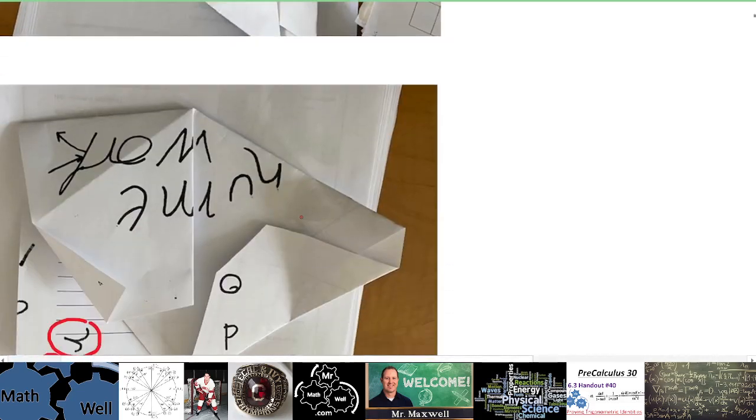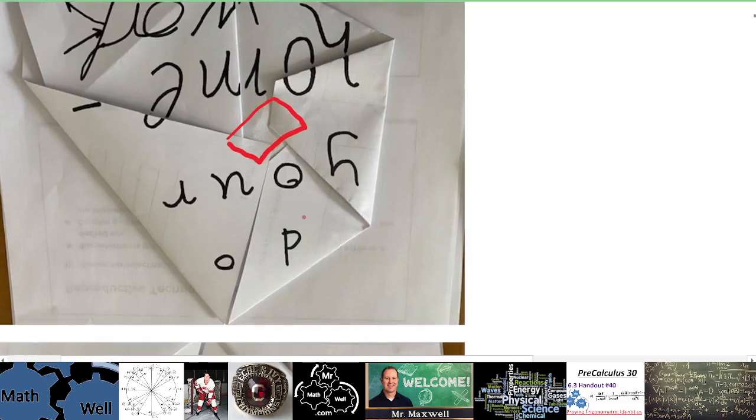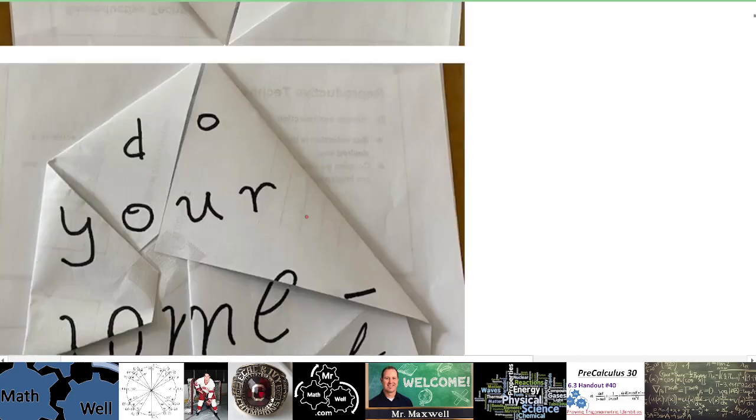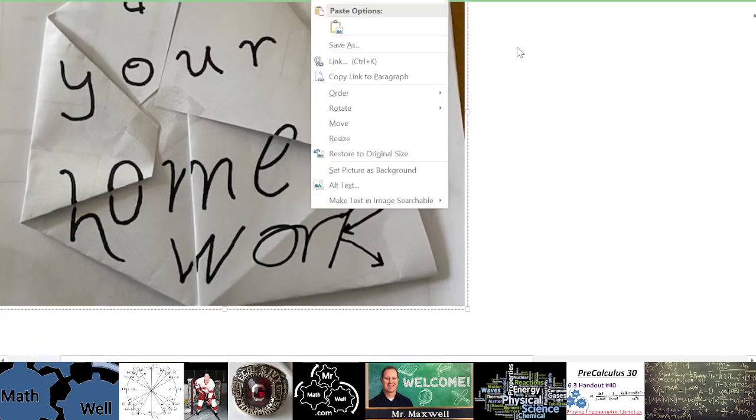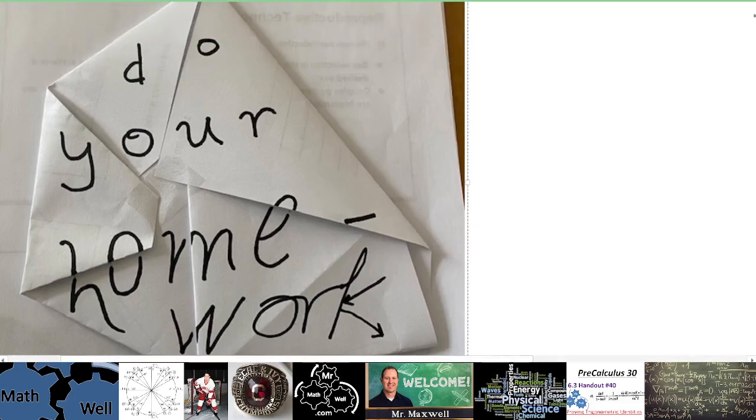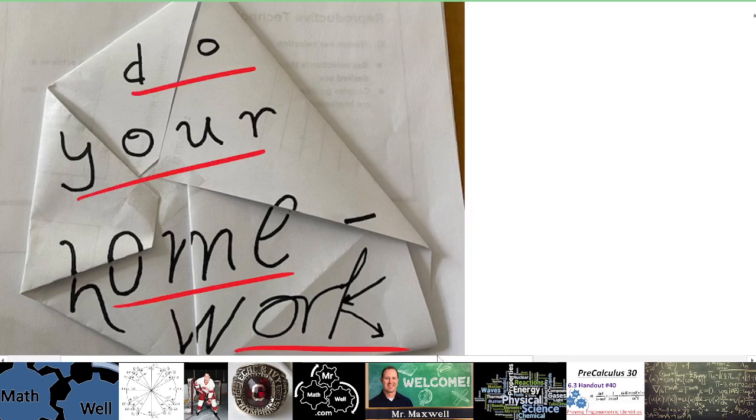If that's gone, this thing doesn't stick together and we can't see the message, and you're thinking, wow, still don't get it? Well, here you go. What do you think of that? Okay? Look at that message. So this is a very simplified version of what our DNA is doing to bring us a message. Do your homework. But this code is written in a very, very complex way,